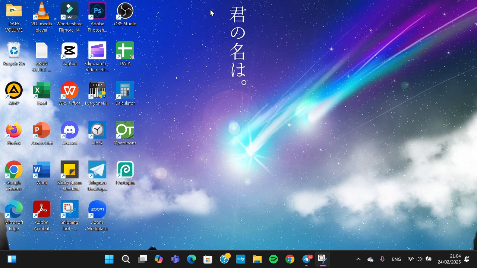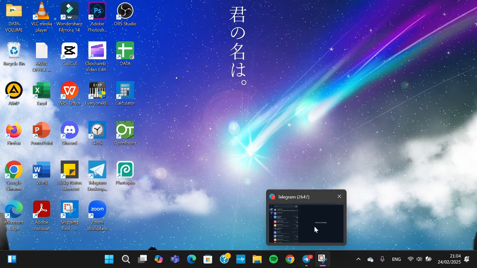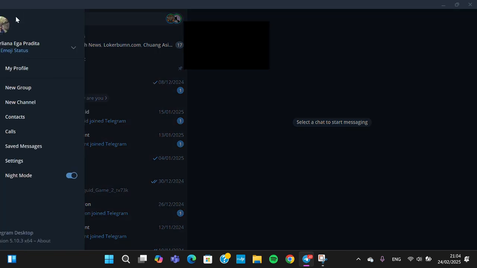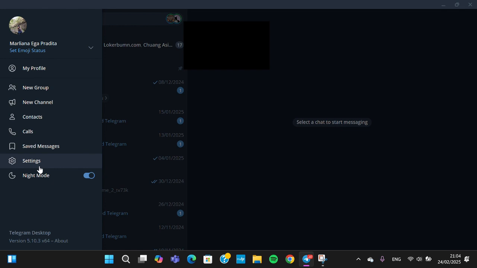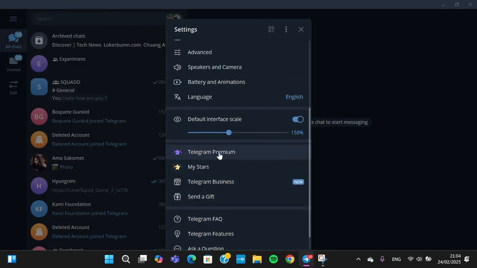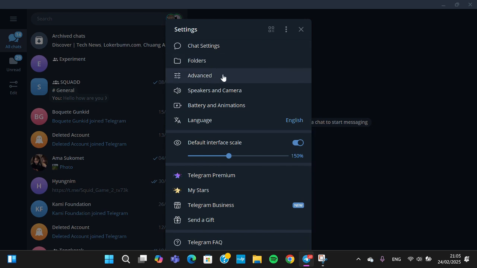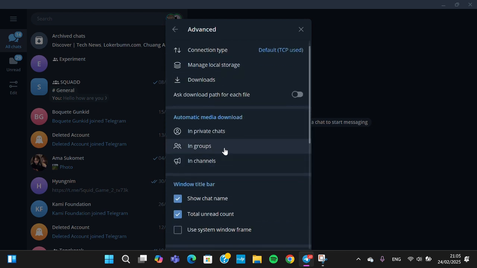Here I have opened my personal computer, and first of all, I'm going to open up my Telegram application on my PC. If we want to disable the automatic download feature on Telegram, we need to go to the Telegram settings. We can click on these three lines first and then select Settings, and we're going to go to the advanced settings. Right here, select Advanced, and here, guys, you'll be able to disable the automatic media download feature